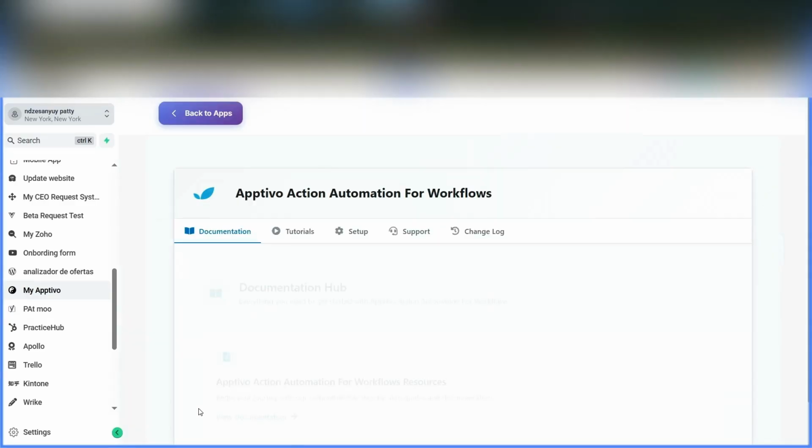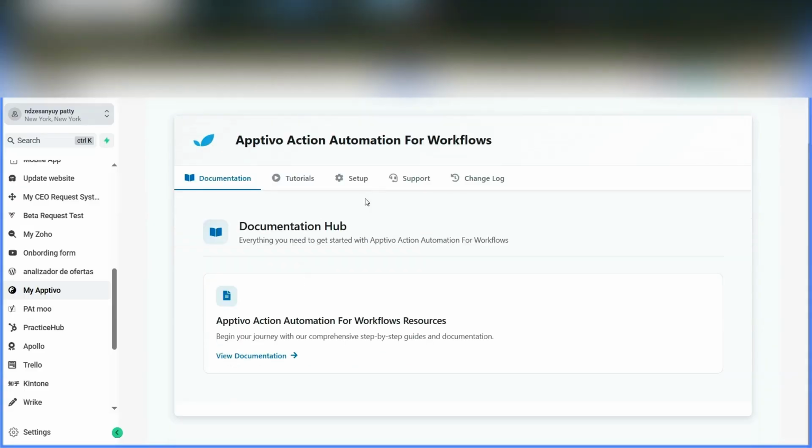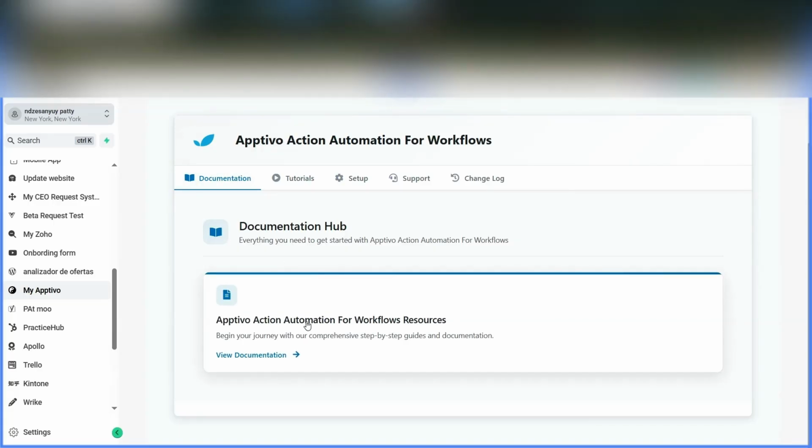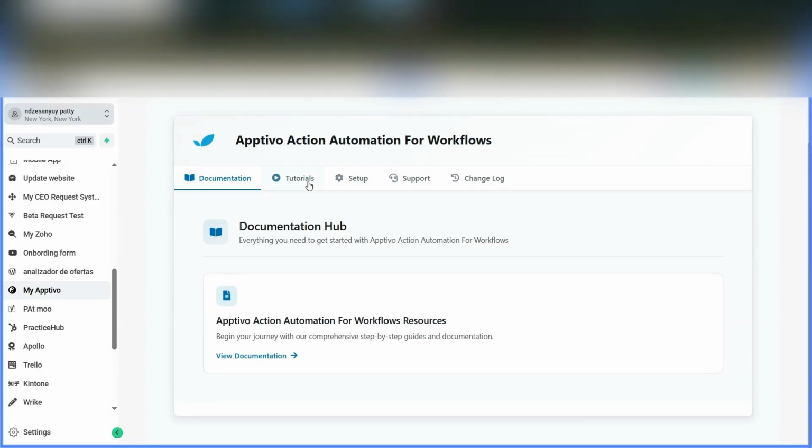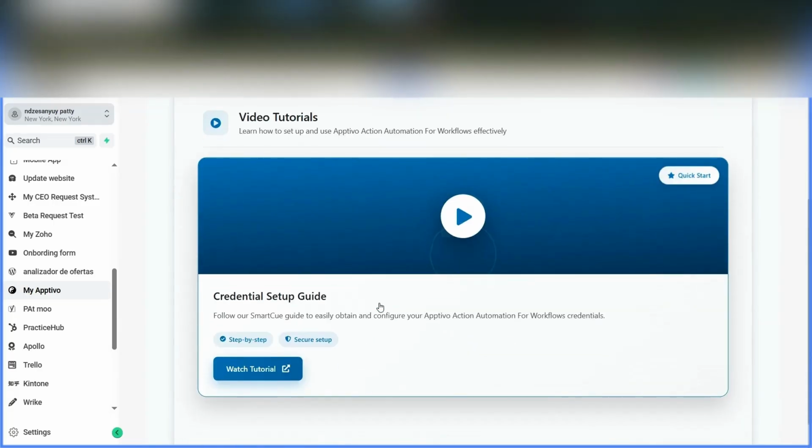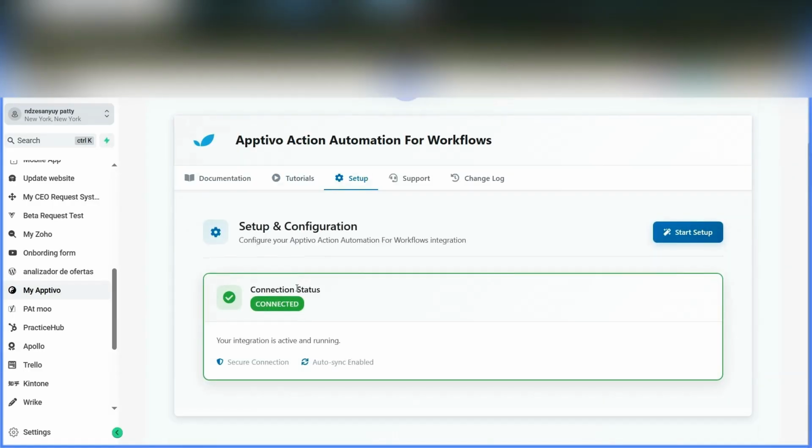Click on manage, and the second interface is going to pop up where you have all the necessary features such as the documentation. In this documentation, everything you need to get started with the app is present. We have the tutorial video that's going to guide you on how to get the necessary credentials to set up your app. The app has been connected, but no worries, let's walk you through the process of connecting or